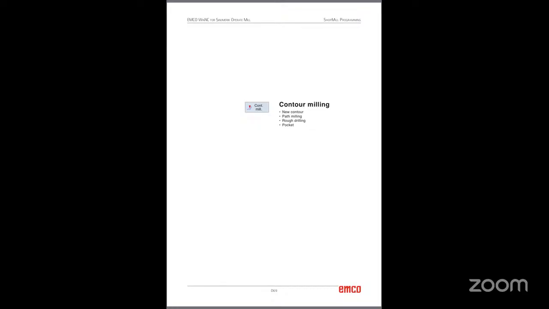So let's start today's topic. The topic is contour milling. First of all, what is contour milling? Contour milling means, again, let's say